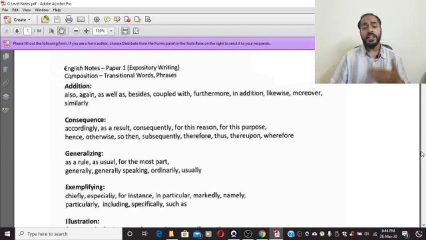Or I am an English speaker. Then there are ordinarily, usually. So you can understand how I'm using the word generalizing or general in many ways that is necessary, or that could be used properly, be it professional or a writing that you want to submit in the board exam, or even in IELTS, which many Bangladeshi citizens or people who live in